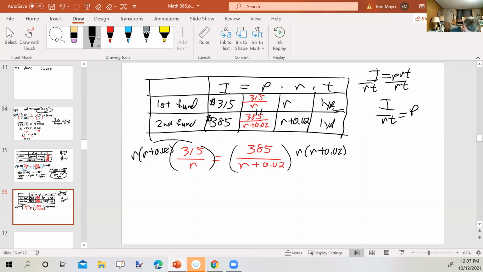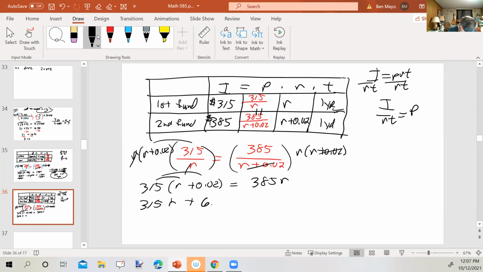On the left side, the R's cross out. We have 315 times R plus 0.02. On the right, the R plus 0.02 crosses out, and we have 385R. Distributing on the left, 315R plus, let's see, 315 times 0.02 is 6.3 equals 385R. Let's subtract